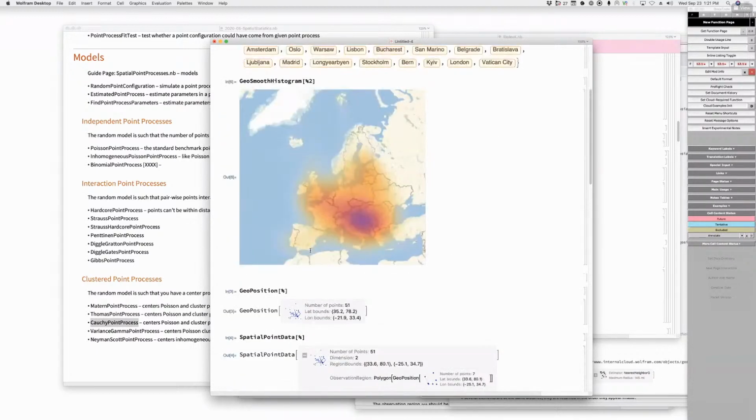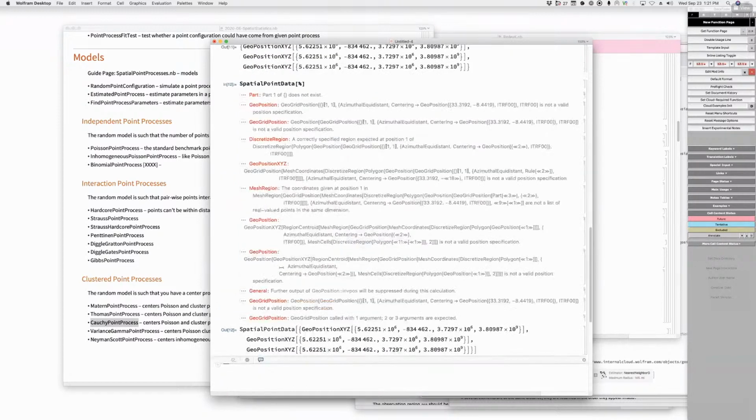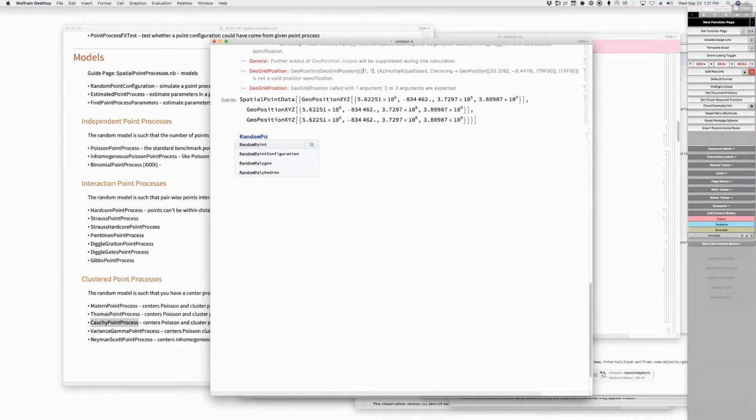Okay. Cool. But if I want to make a Cauchy point process in France, for example, if I want that process but constrained to France, how would I do that? You mean simulate points? Yeah. Just like we say random point, don't we allow one to just say France here? We do. And then say, you know, 200 points here. And then we can literally just generate